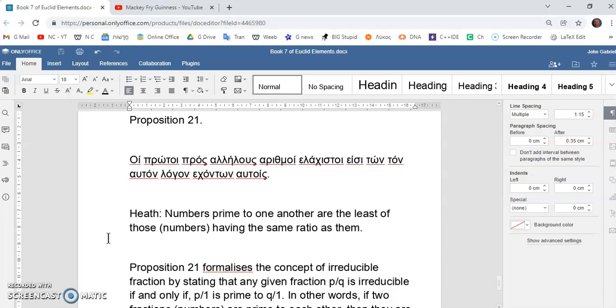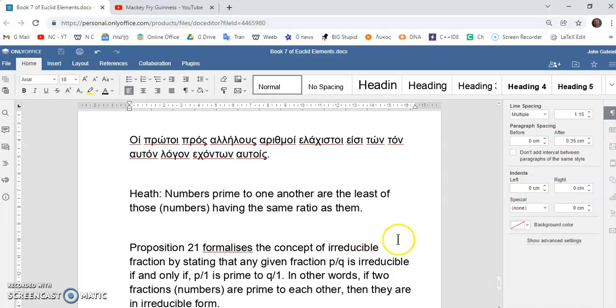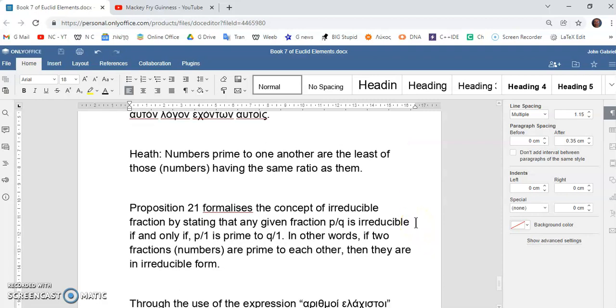Proposition 21 says to us that if you have numbers or any fraction, so to speak, actually it is a fraction because all numbers are fractions and there is no such thing as a real number, then we're bound to encounter the concept of irreducibility. Proposition 21 states the concept of an irreducible fraction,